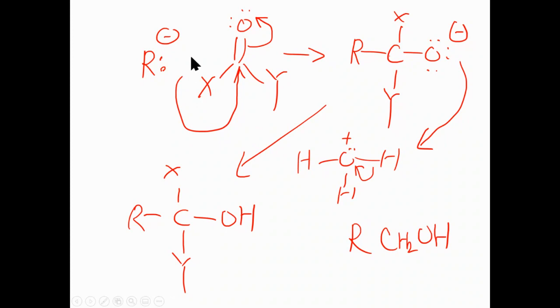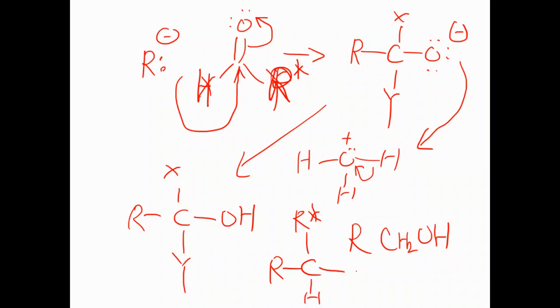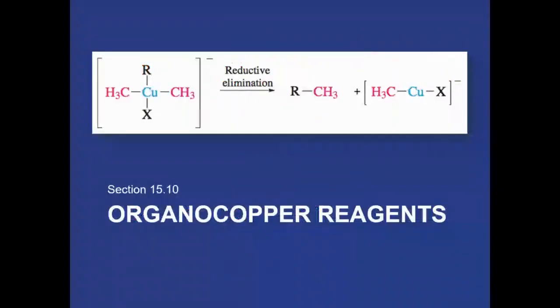If one of these two is hydrogen and the other one is a hydrocarbon group, say R star, then what you get is R, R star, HOH. You will get the secondary alcohol. If both X and Y are hydrocarbon groups, you get a tertiary alcohol. Okay, so that's the reaction about the